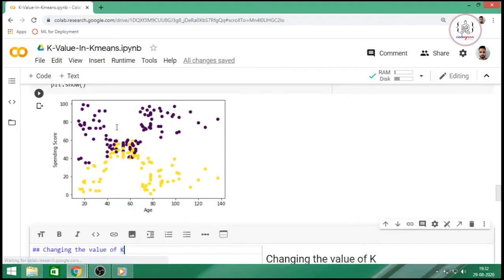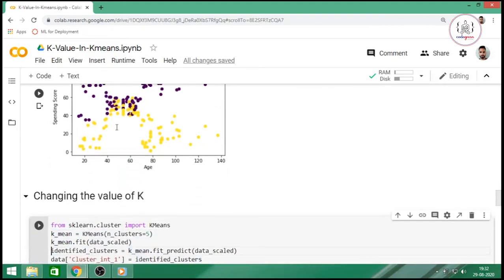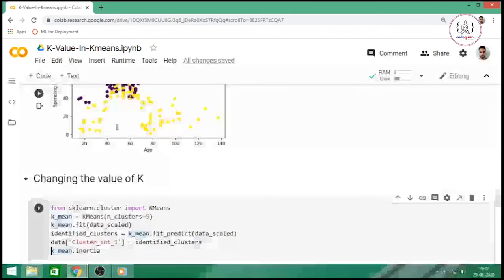So let's move forward, and this time let's change this value of k to 5, as we have observed through plotting the scatter plot between our spending score and income. Here we have given n_clusters equals 5, and again we have created this new feature in our data set that has this cluster int 1.